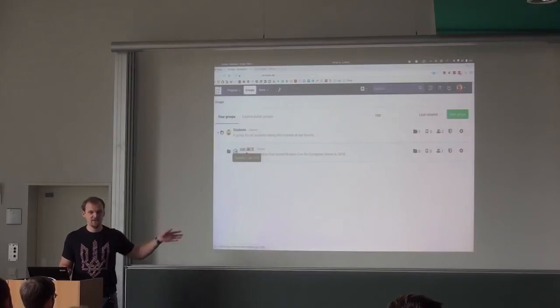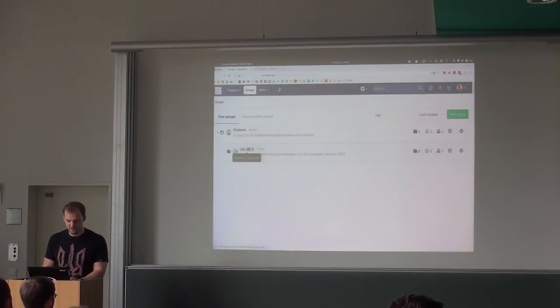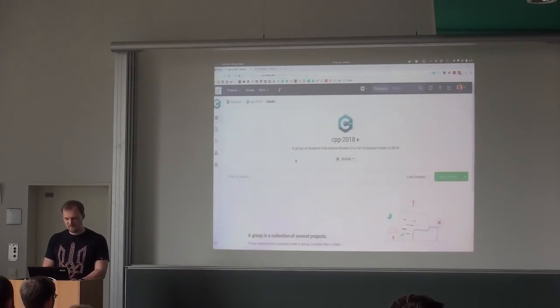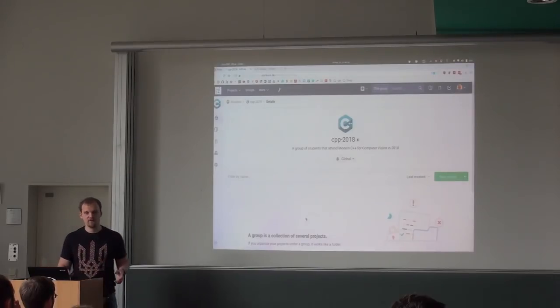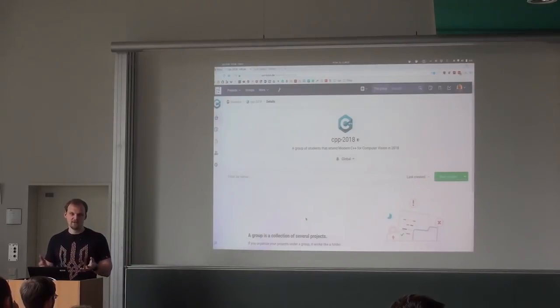You will not see as many because you don't have access to all of it. But basically what you need to do is find this CPP group, go to it, and you will have a button somewhere, request access. So you need to click that one. Then I will get an email that somebody wants to request access to the group, and then you will be in the CPP group on the GitLab.